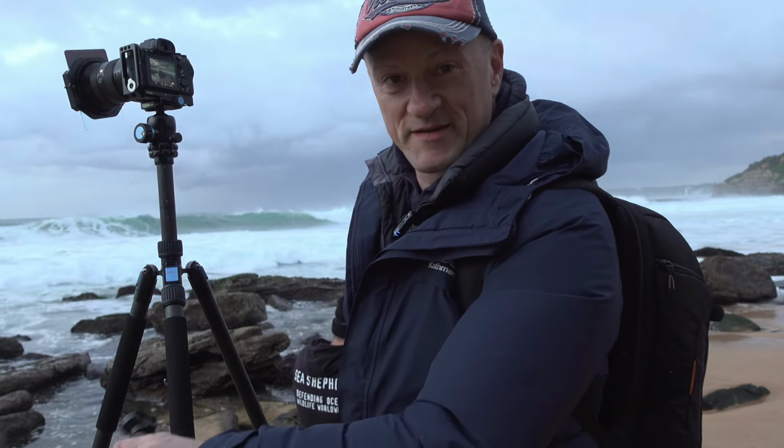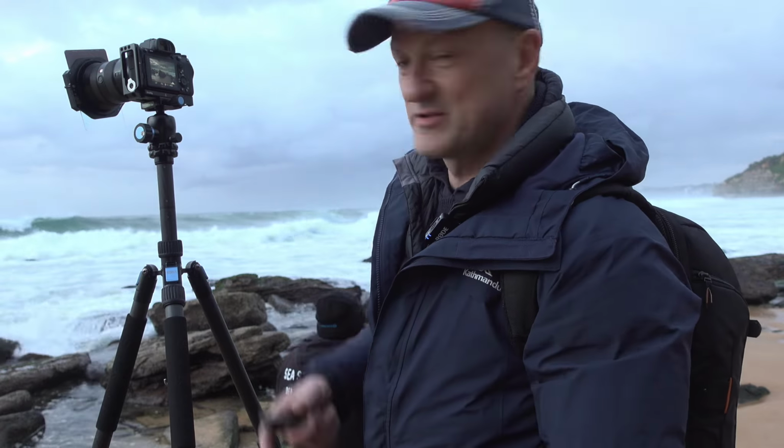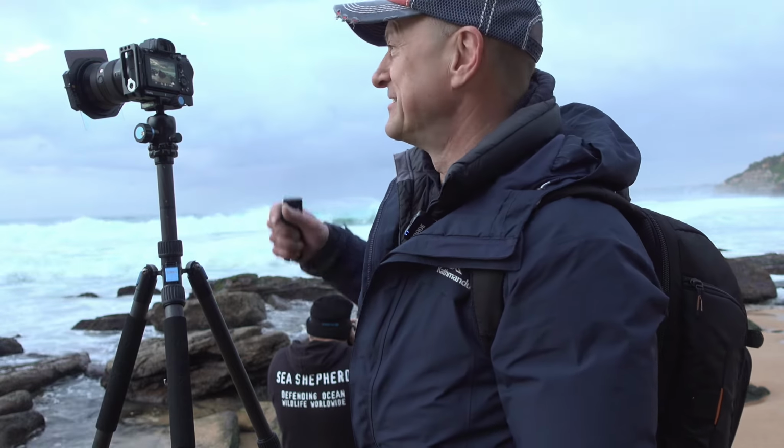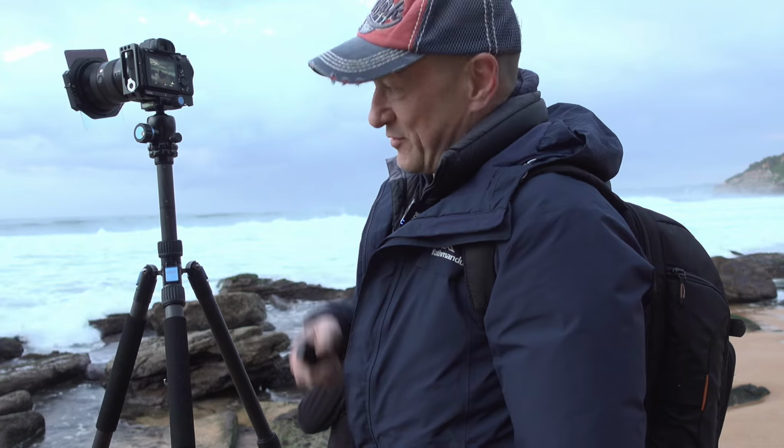I'm still waiting on a decent sized wave to come through right in front of me, so we can get a little bit more foam. So we'll do this one. I'm at 0.6 seconds now, which is where I want to be. I'm being bombed by a seagull. I think we'll do f6.3 for this,